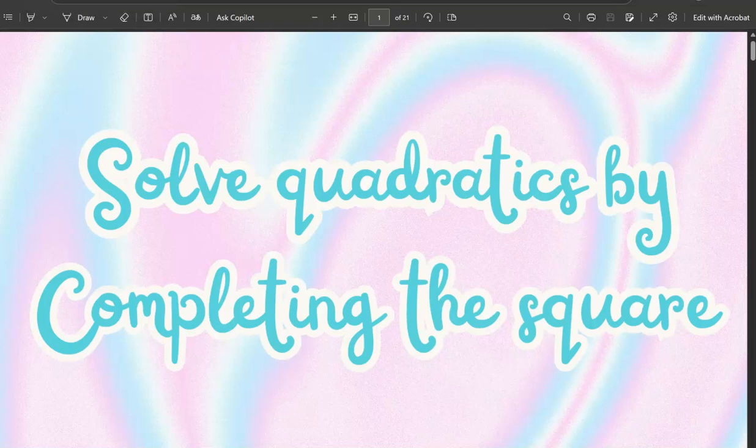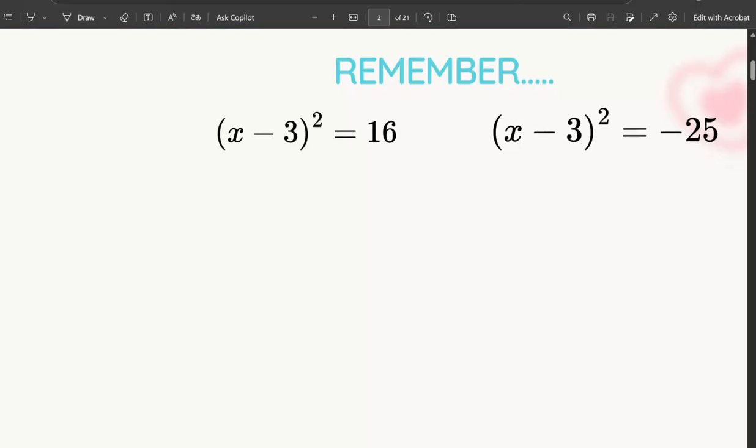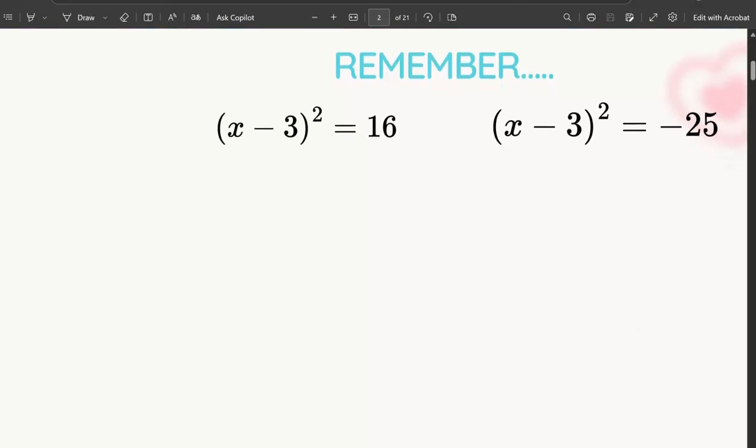Hi everybody, today we're going to look at solving quadratics by completing the square. And so remember how we solved these types of questions when we solved by square roots. When something is squared, like we have here, we know that we can square root each side